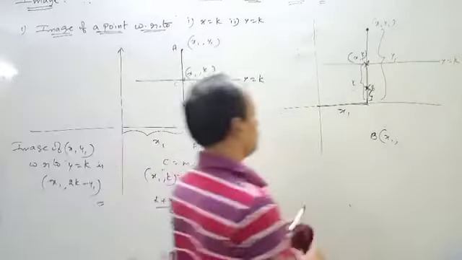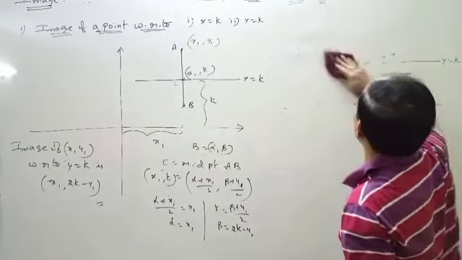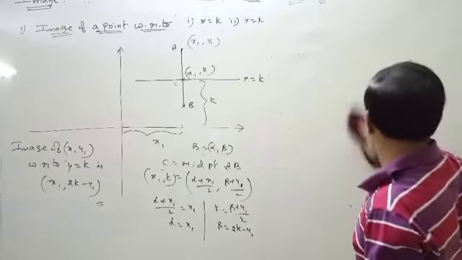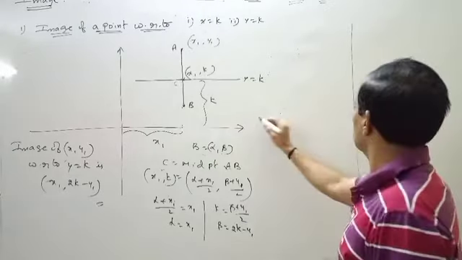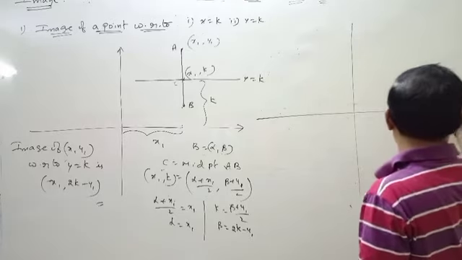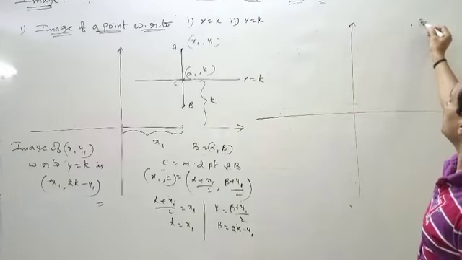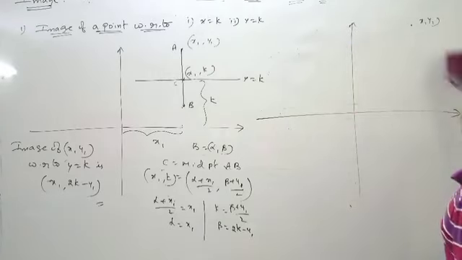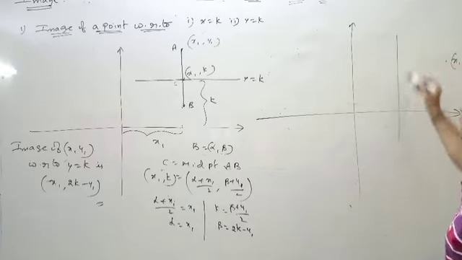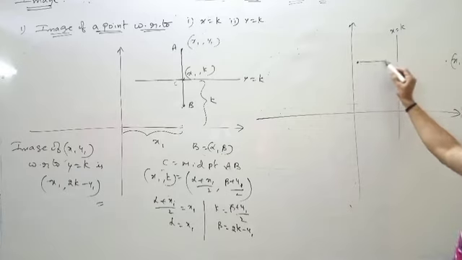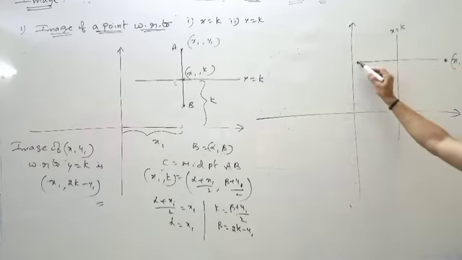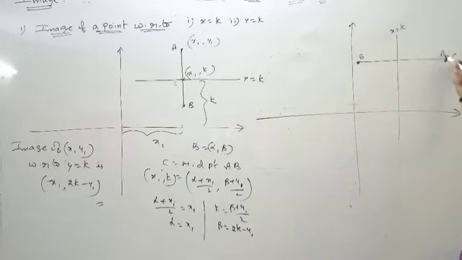Okay, now with respect to the second one, this time let us take x is equal to k. This is what we are discussing exclusively for objective purposes, and what I tell next is important from the intermediate point of view. Let us suppose it is a point x1 y1. Here is a point x1 y1 and this is the line x is equal to k. Tell me, where will its image come? Okay? We have to find this one, the image of x1 y1 with respect to this line.